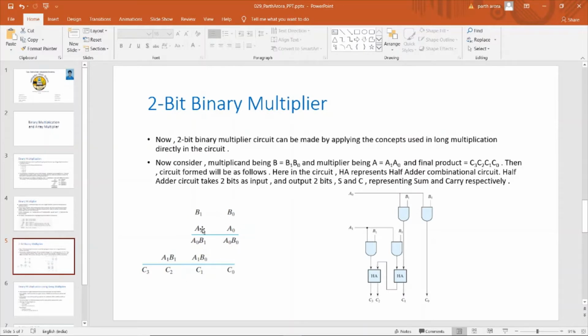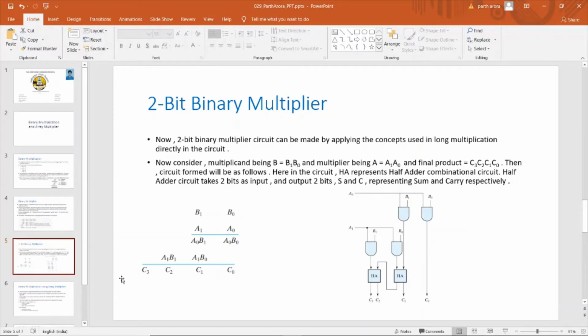Here I am taking the multiplicand as b equal to b1 b0, where b1 and b0 are its bits at positions 1 and 0 respectively, and the multiplier as a equal to a1 a0, with the same naming convention. If I assume that my product will be c3 c2 c1 c0, then c0 can be directly obtained as a0 b0,